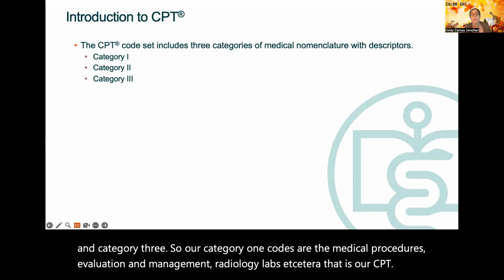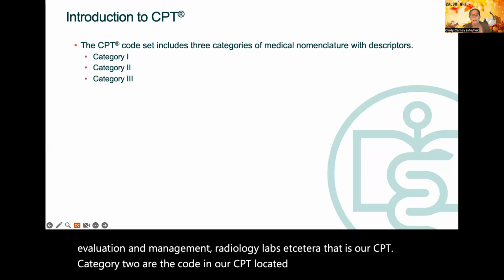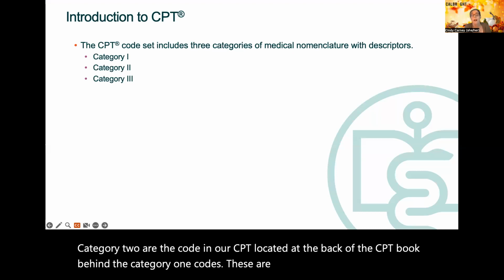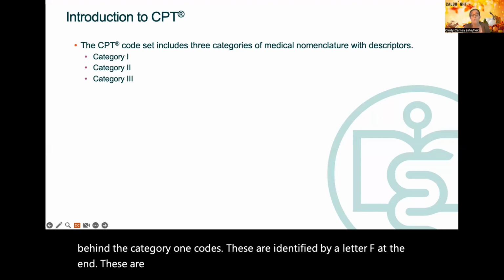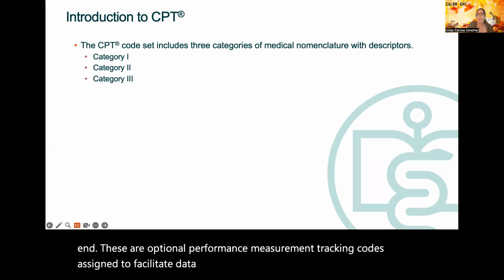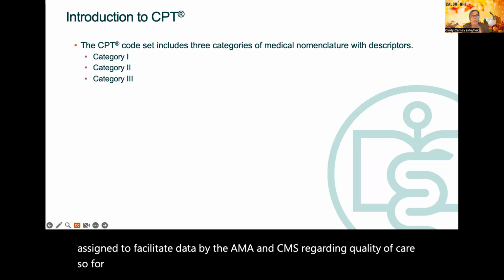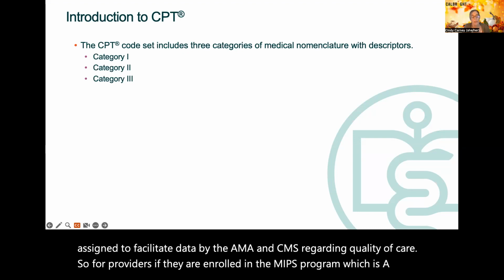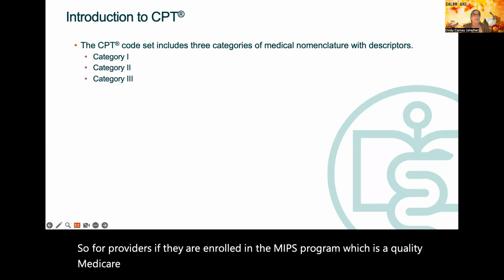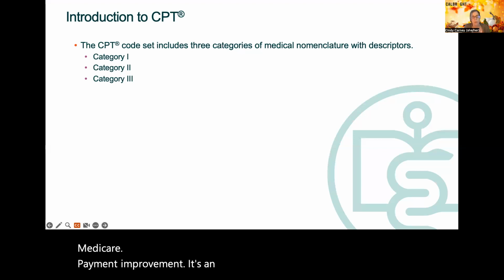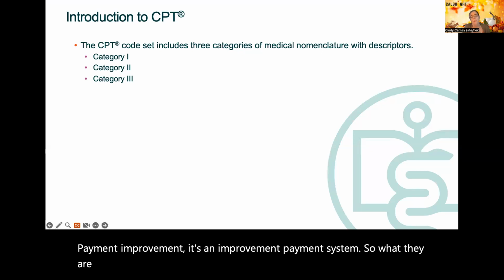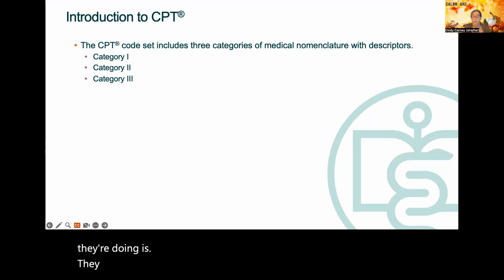Category 2 are the codes in our CPT located at the back of the CPT book behind the category 1 codes. These are identified by a letter F at the end. These are optional performance measurement tracking codes assigned to facilitate data by the AMA and CMS regarding quality of care. So for providers, if they are enrolled in the MIPS program, which is Medicare's quality payment improvement system, what they are doing is they voluntarily